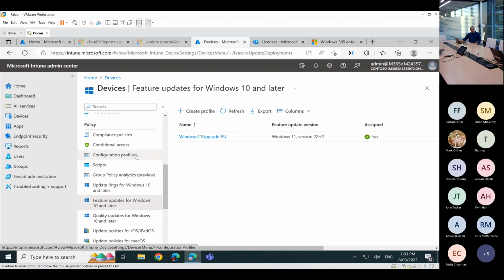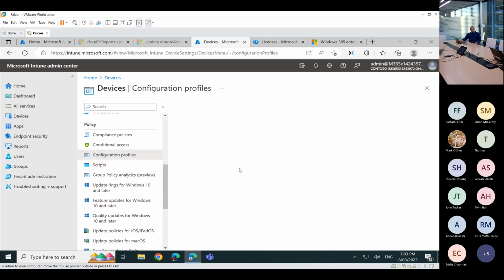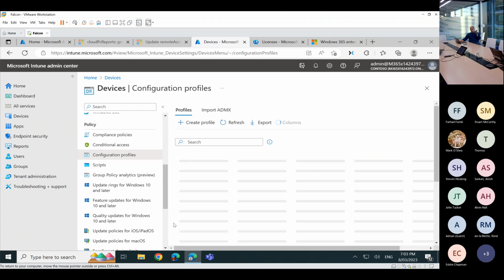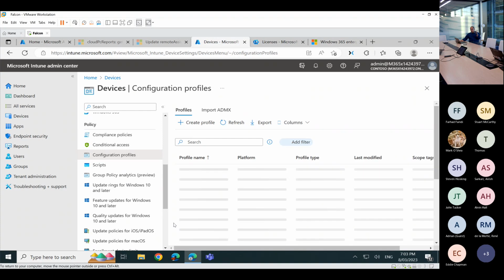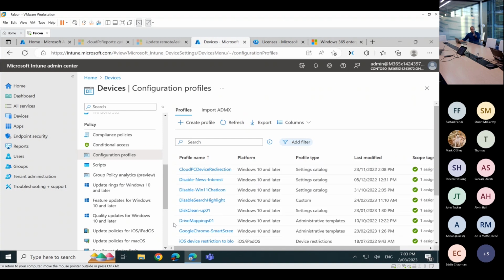And coming to the configuration profiles, what am I doing? So I decided to disable the search highlights feature in my Windows 11. I have numerous configuration profiles out here, which I've been deploying, targeted towards Windows 365 or even Azure Virtual Desktop in certain cases. And there's a lot of detail on my blog on each of the elements being done as well. So these are just some examples.